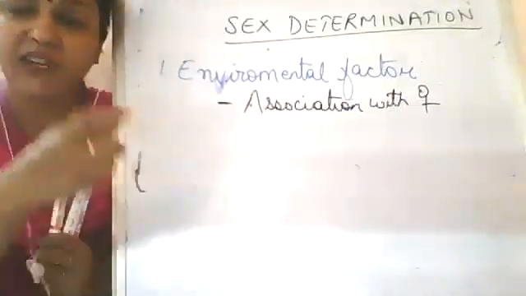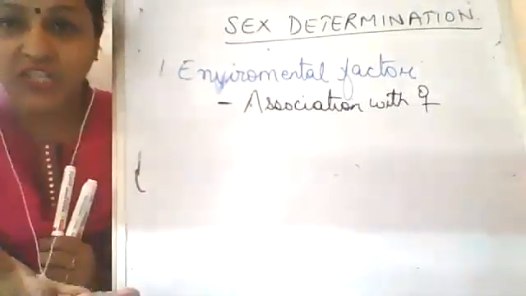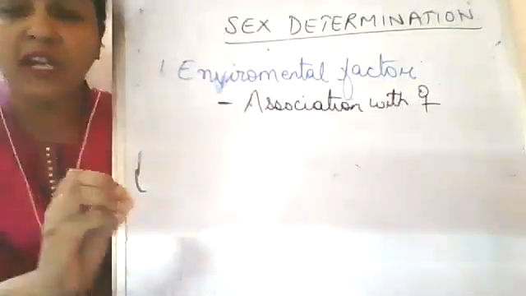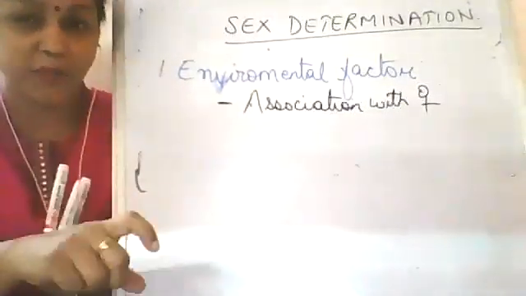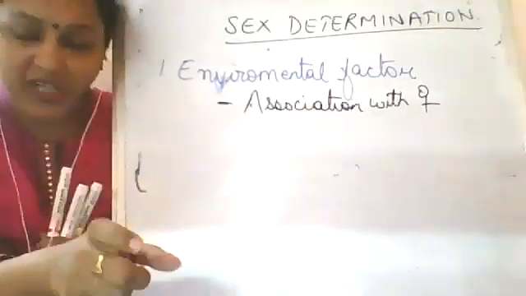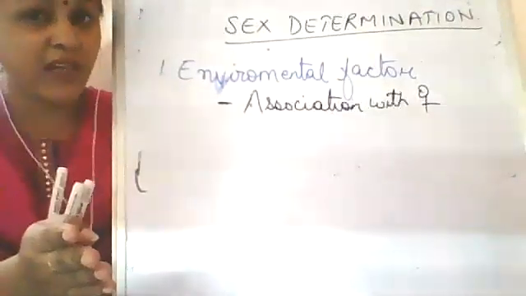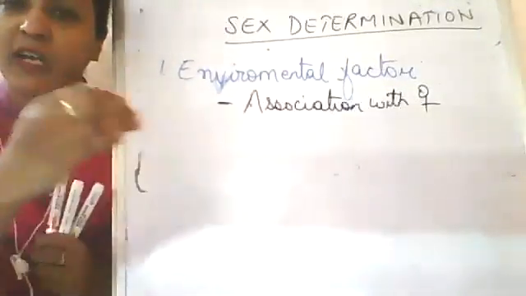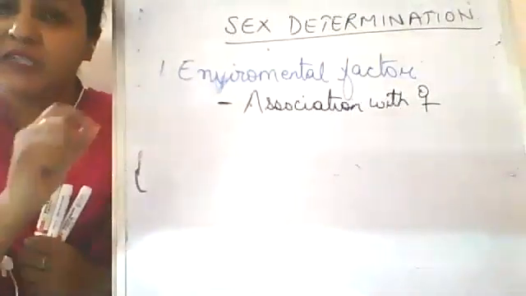In this case, when it starts developing inside the uterus of the female, it develops into a male child. The larva which does not enter inside the body of the female remains outside and develops into a female child. I repeat, once the larva comes out of the egg and comes in contact with the mother's body, it enters inside, grows like a male and develops into a male child. The larva which is not able to enter remains outside and develops into a female child. So this occurs in some annelids.